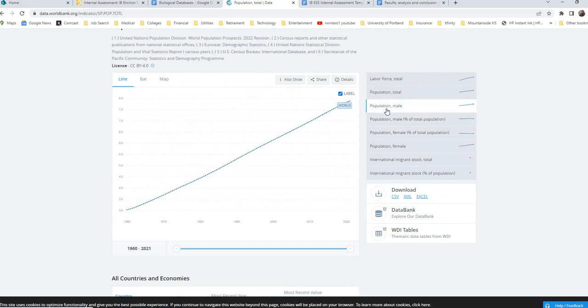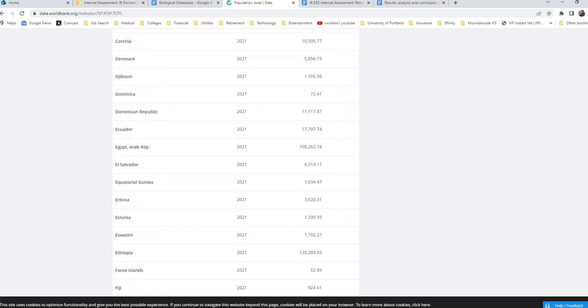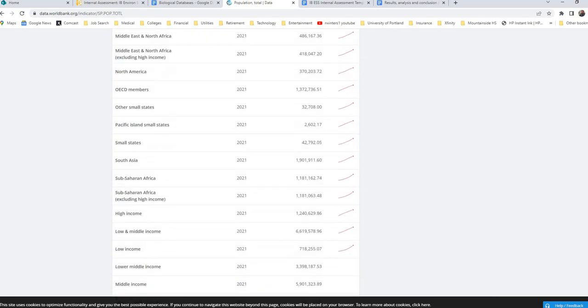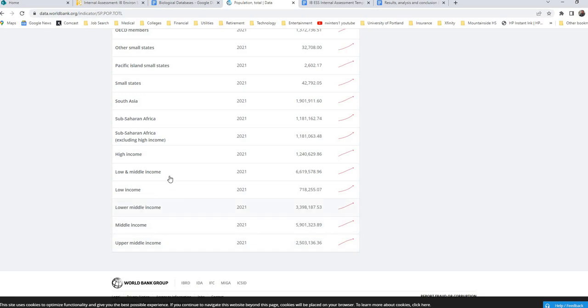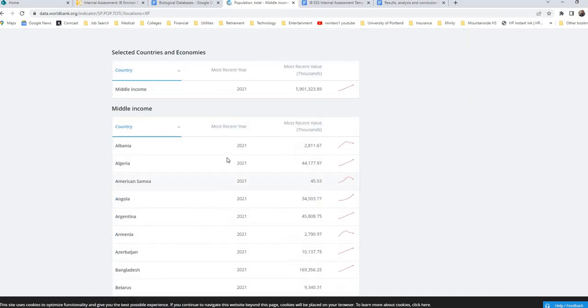You can switch to population male, female, and so forth. If you don't want to work with population, let's go all the way down to the bottom there. You can go ahead and choose other things. For example, I could use what is the middle income level. That might be an interesting thing. I'll switch it over here, middle income level,